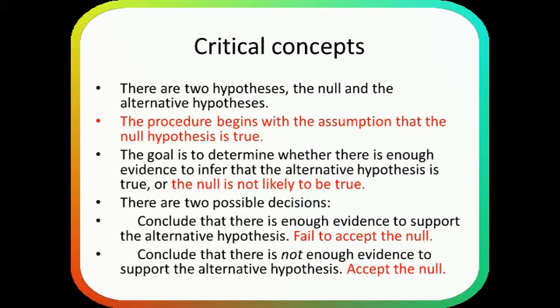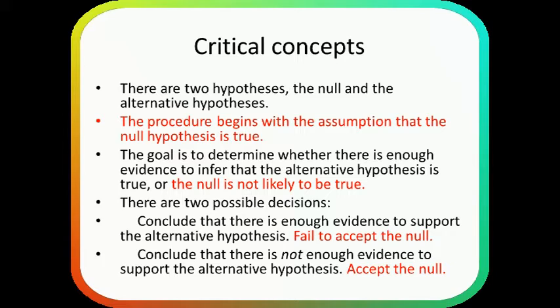So what we are basically trying to do is gather evidence in order to check whether this statement which we made at the earlier part of our hypothesis testing is true or false. So basically we are looking towards proving that the alternative hypothesis is true or the null hypothesis is not likely